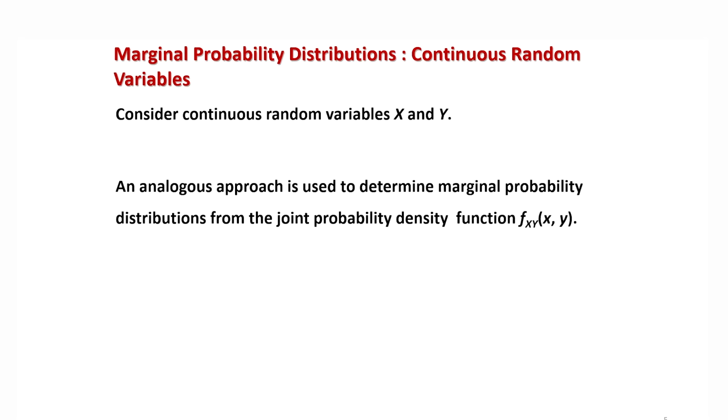Now when you are trying to have the concept of joint probability density function, then there is an associated concept of marginal probability distribution. What is the difference between the two? Suppose you have two random variables which are going to affect the probability of an event, and their behavior is actually joint, that both of them affect the probability of an event. Now you want to know the behavior of the individual random variables.